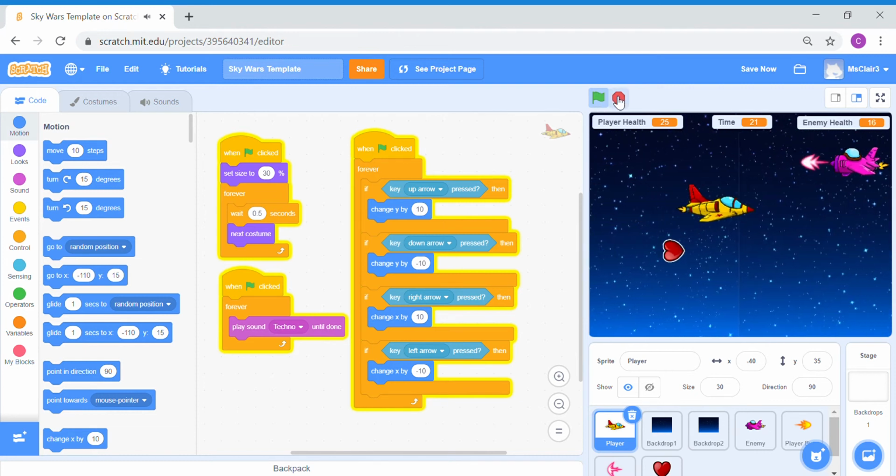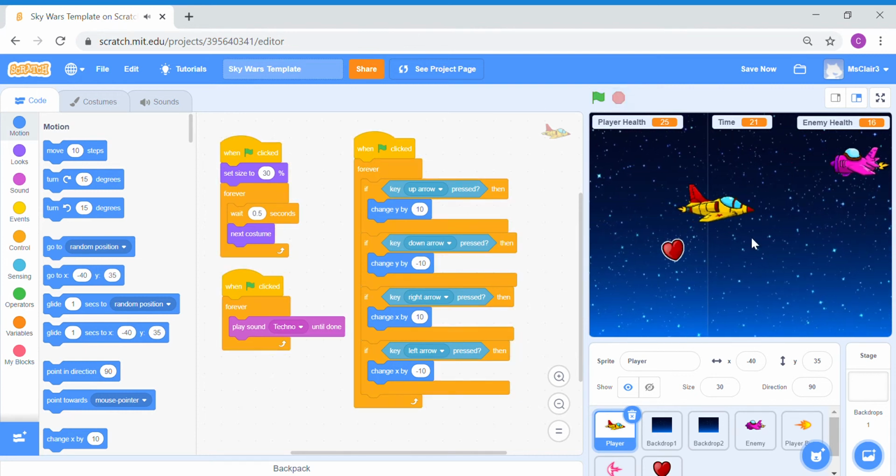Okay, I'm going to pause the game here. Now everyone, do you notice that when the bullet sprites touch either the player or the enemy sprite, it will disappear, but it will deduct some health points from either of our sprites? Now, that is already itself quite interesting and engaging,